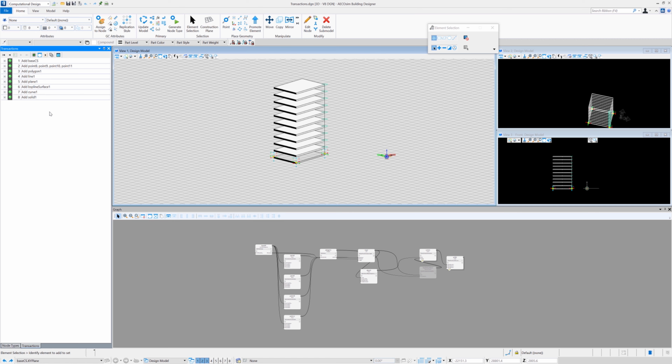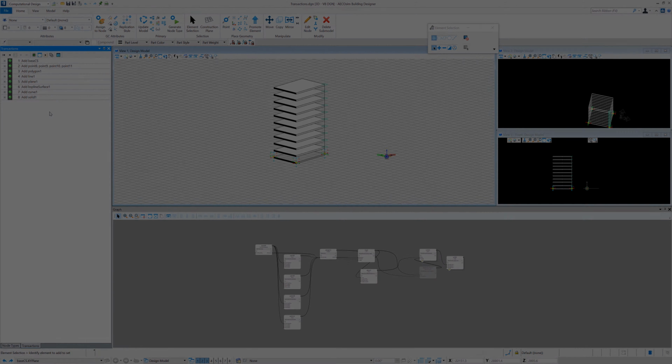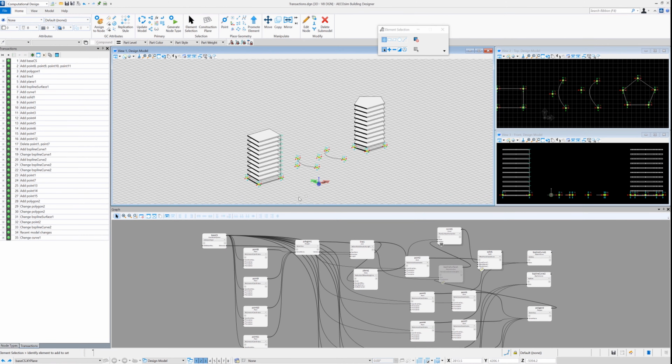This is a great way of cleaning up a file before handing it over to other team members, or just removing any redundant information you no longer need. Here's another example, just with a couple of buildings, and in between I have a couple of curves that I no longer need. I could, like the previous example, select them and delete,